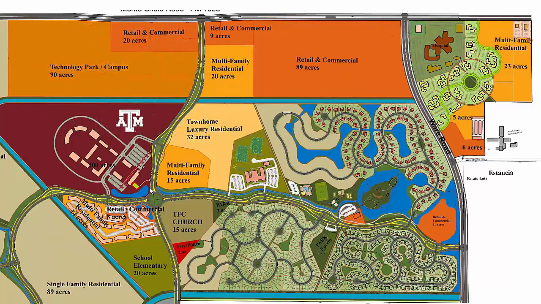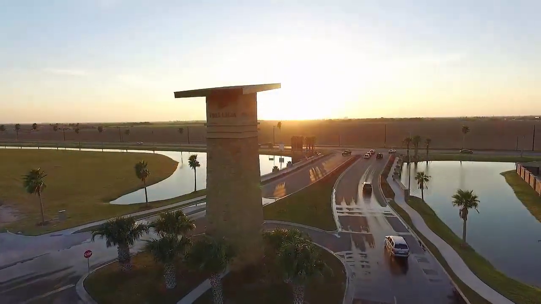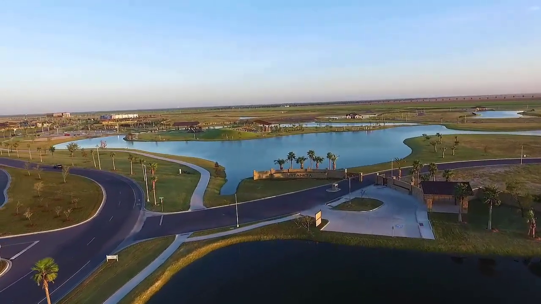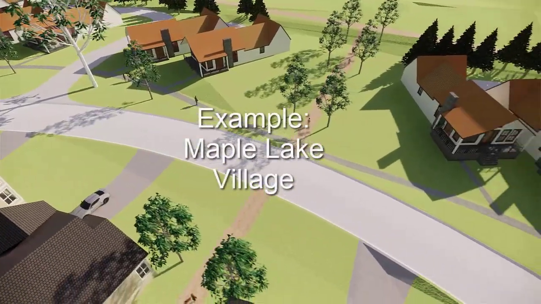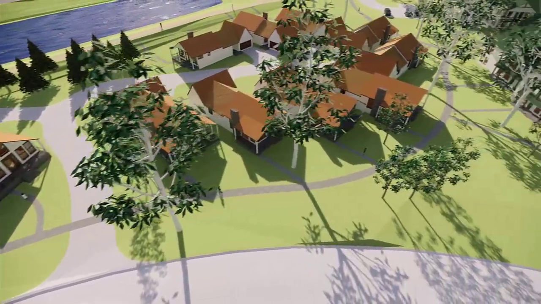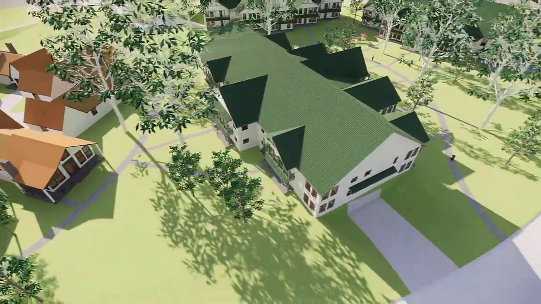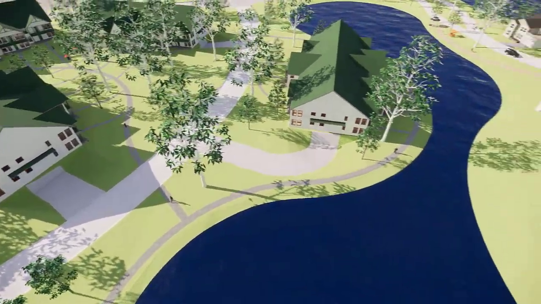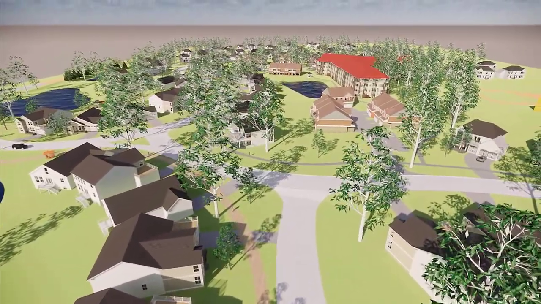Example, in Tres Lagos, at the entrance, we placed a wonderful upscale retail center, lakes, parks, and the most expensive waterfront housing. Again, it's the first impression that sets the stage for future values. In Maple Lake Village, we used rear-loaded single-family homes along somewhat unsightly industrial and modern farmhouse-style affordable rental units with parking hidden underneath, overlooking parks and ponds to create a viable first impression to a mostly single-family neighborhood.